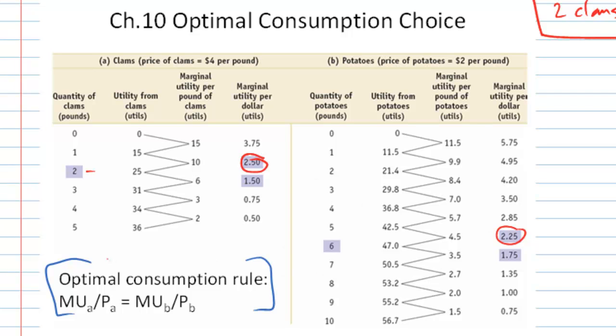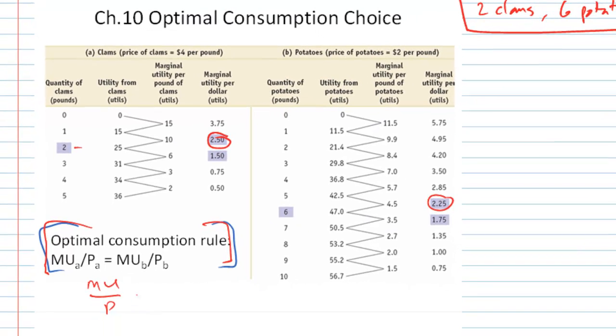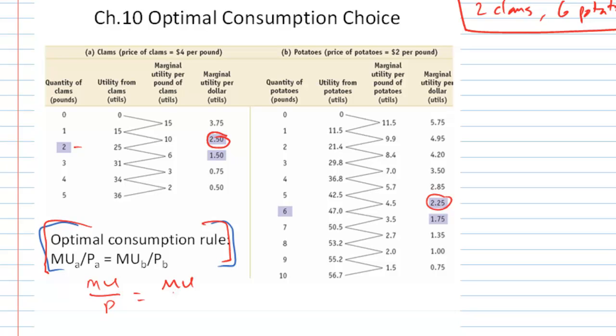Here's the way the rule is stated: the marginal utility per dollar of good A is equal to the marginal utility per dollar of good B. If you have trouble telling what that says, it basically looks like this: MU over P of good A is equal to MU over P of good B. It says equal, that's the rule, but technically it's as close as you can get to each other